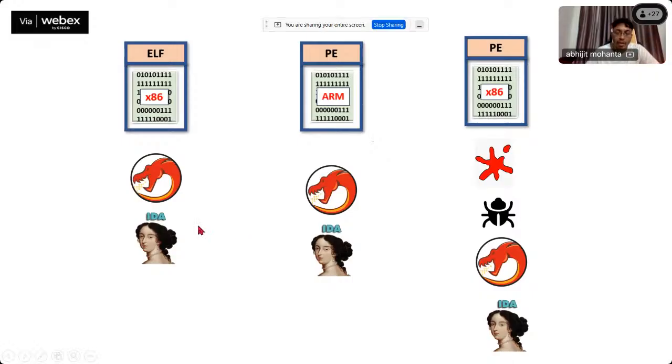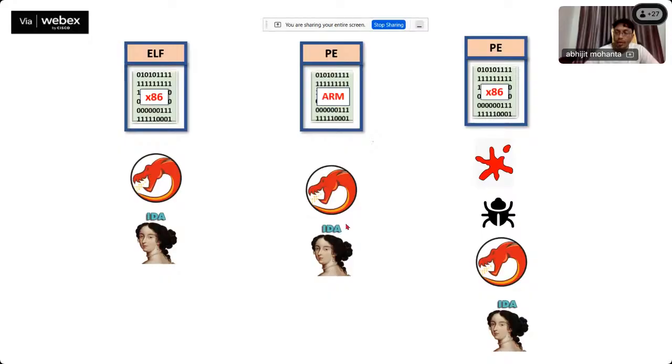Okay, so it's not necessary that you use only one individual tool. Since you are a beginner, I would recommend that if you get an executable, try to apply all the tools on that executable, open it, and see how the output of the tools looks. Your executable is not going to change with different tools, but how the tools present it looks different from each other. Okay, so now we will look into all three tools, at least a glimpse of this,